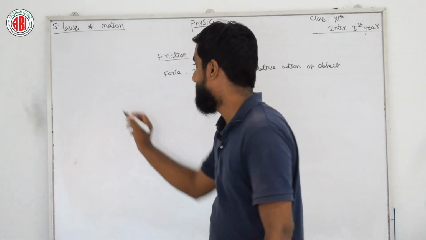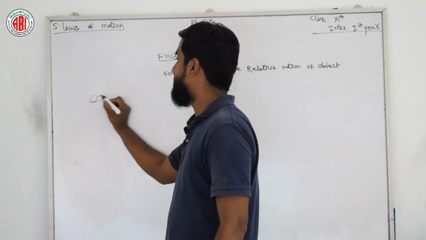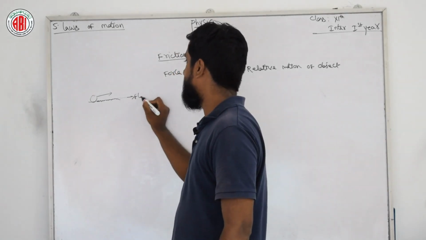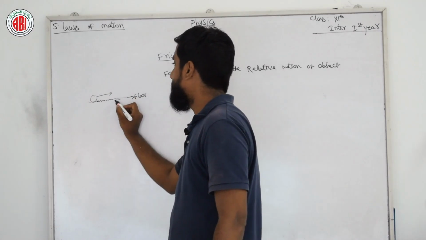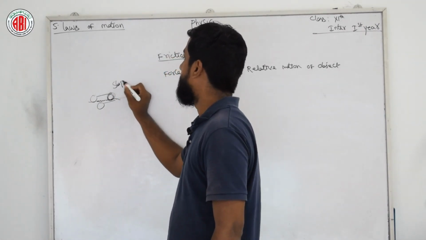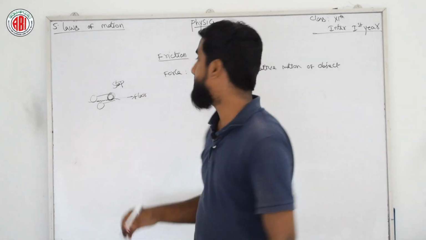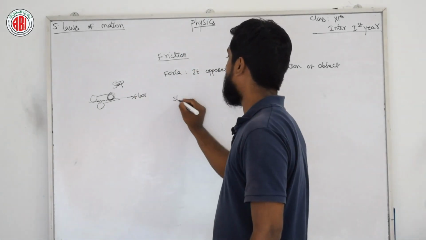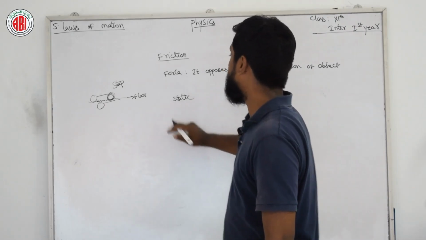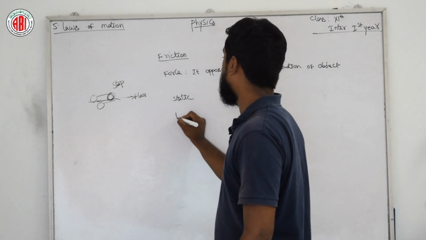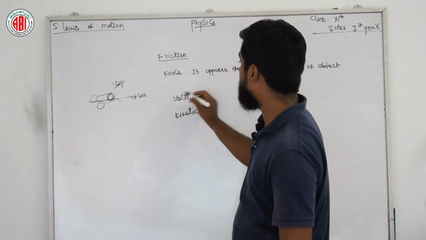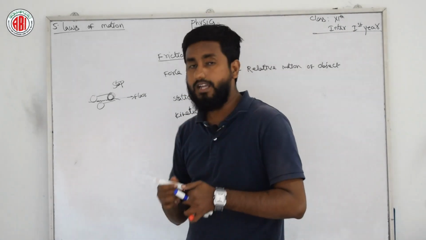Why? Because the ball is rolling and wants to go in this direction, but there is friction present in the floor, and this friction force wants to drag the ball this side, and finally at some point the ball stops. So this is friction, and friction has two types: static friction and kinetic friction. Kinetic or dynamic are nearly the same, but as per our materials we say kinetic. So what is static friction and what is kinetic friction?